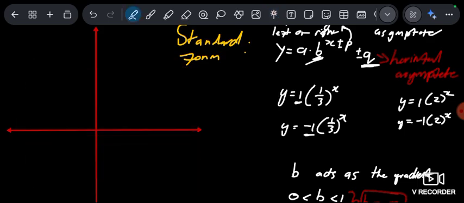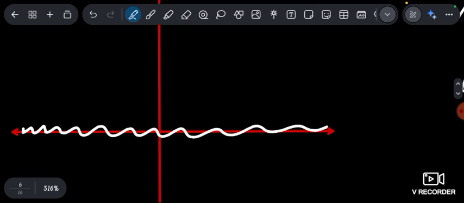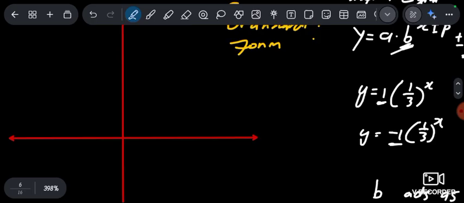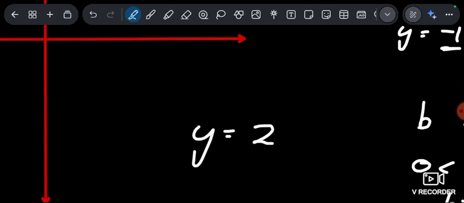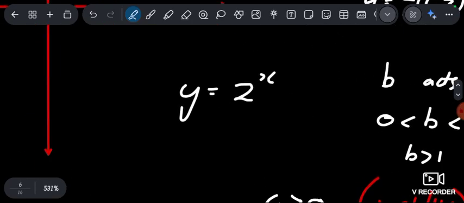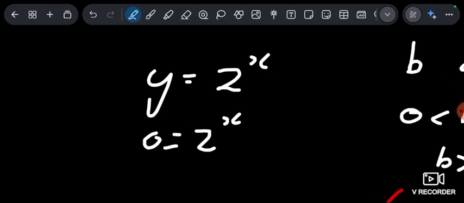Now, what you must look at in terms of those horizontal asymptotes is that if you do not have the value of q, your x-axis, which is this one, then becomes your horizontal asymptote. So in a standard form, let's say an equation like this, y is equal to 2 to the x, if you were to find the x-intercepts over here, you would make y equal to 0, say 2 to the x, and you'd find out that there is no